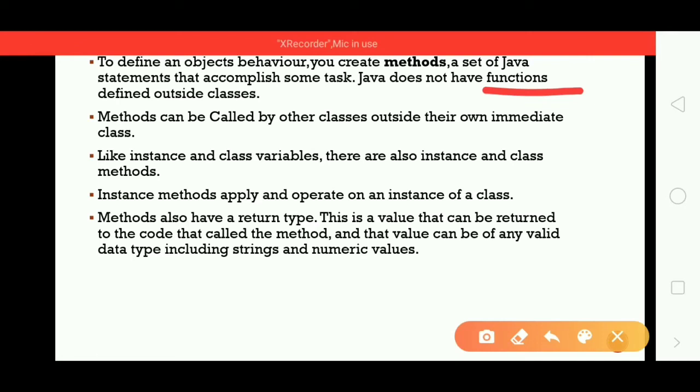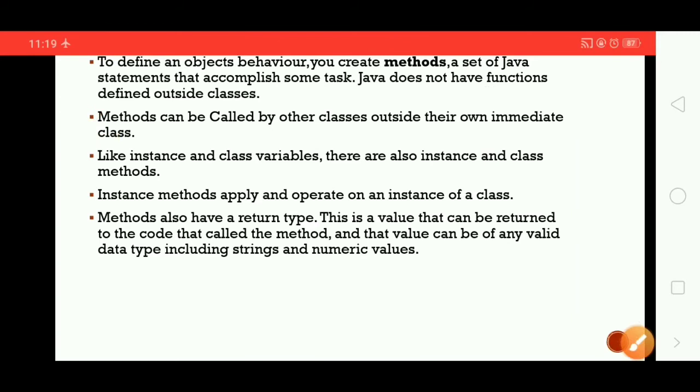Methods can be called by other classes outside their own immediate class. For example, superclass and subclass. You can call the superclass method from your subclass method. That is what it means: these can be called by other classes outside their own immediate classes. Like instance and class variables, there are also instance and class methods.